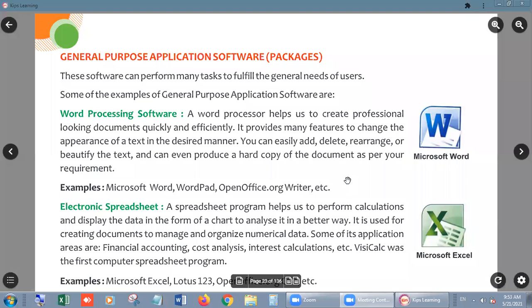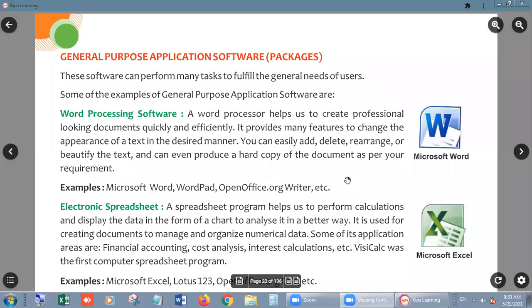These are the names of the software which are general purpose, and related to word processing software. Word means a combination of letters, right? Like PROCESSOR. These are the letters, and with the combination of these letters, we make a word. And when we want to write so many words into the computer, then we need Microsoft Word, that is word processing software, right, beta?